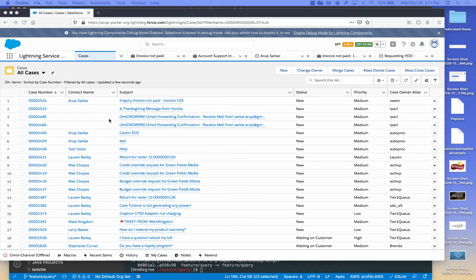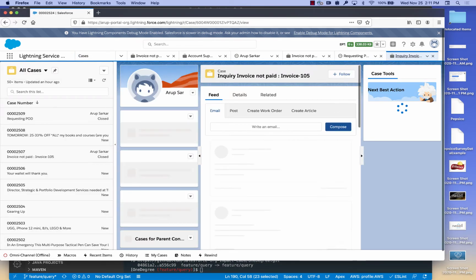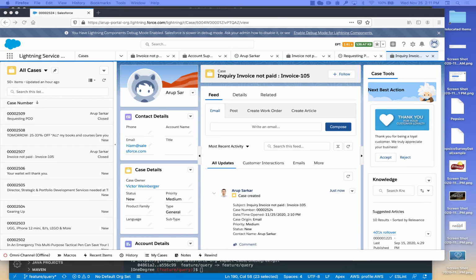So now Victor goes and sees that the case got opened. They can look into it, and according to the scenario, Victor goes and consults with the back office, with the AP department, goes into the Unix systems and sees that the vendor is right. The invoice is really open. Victor replies via the email